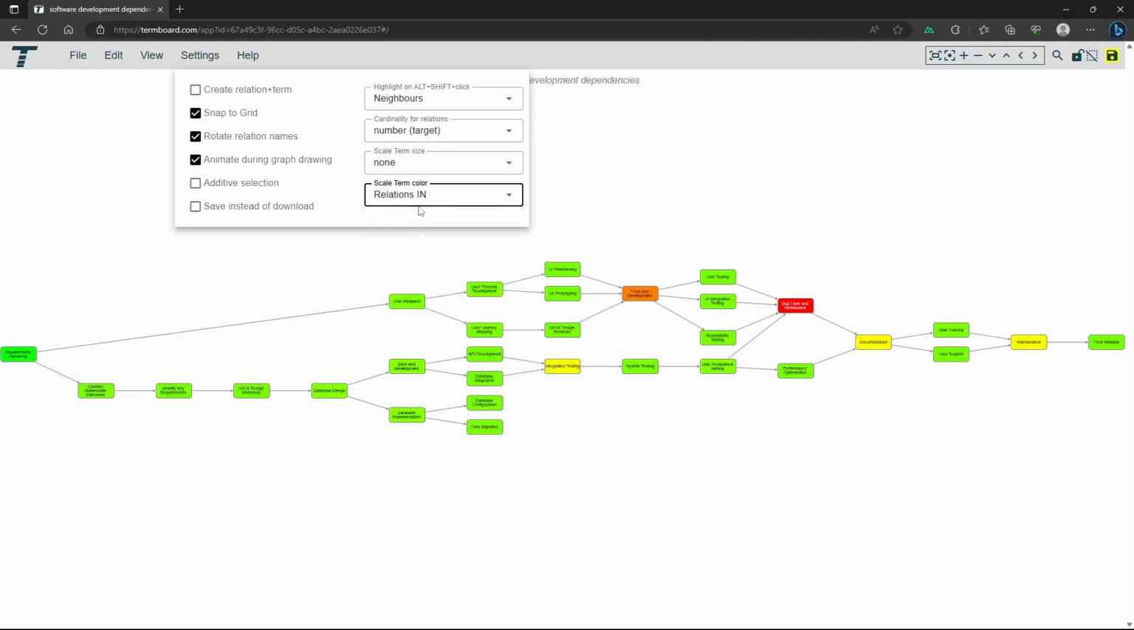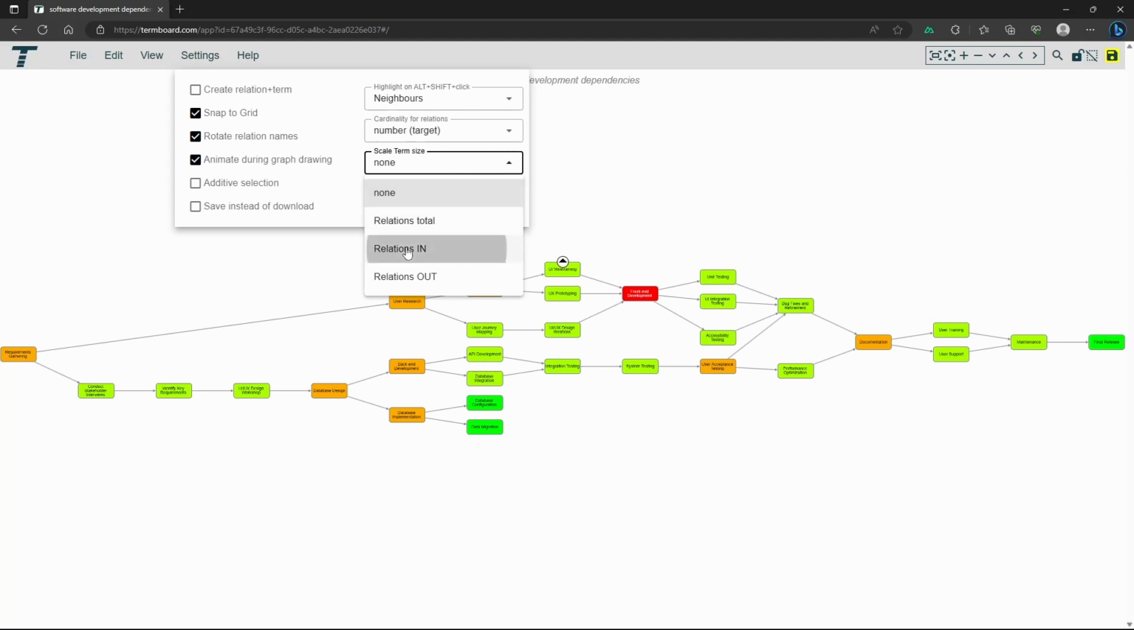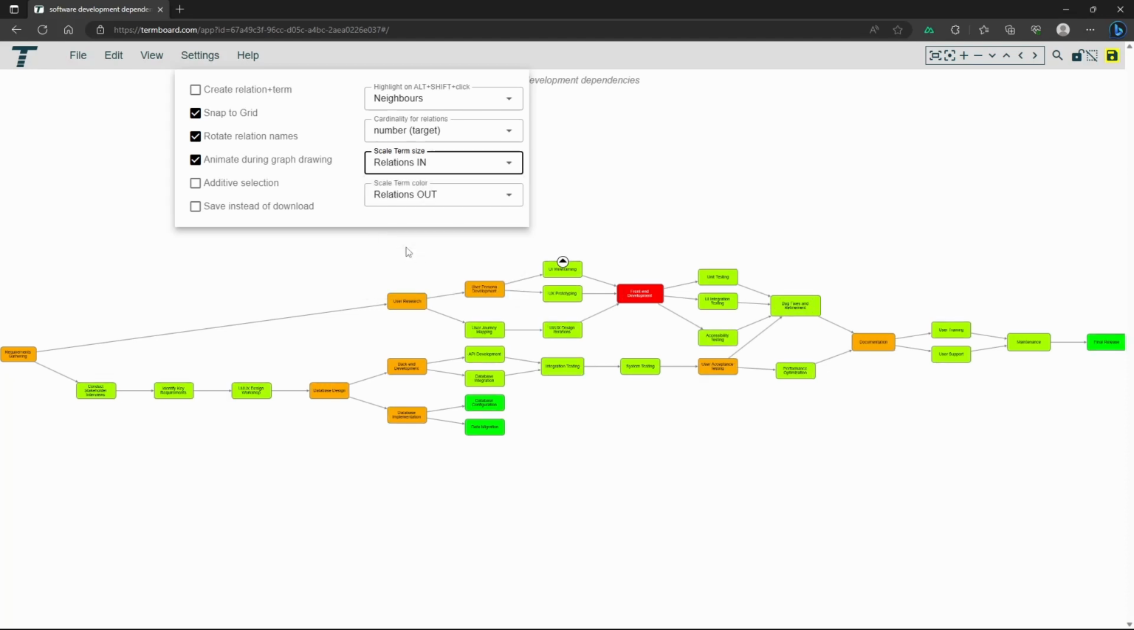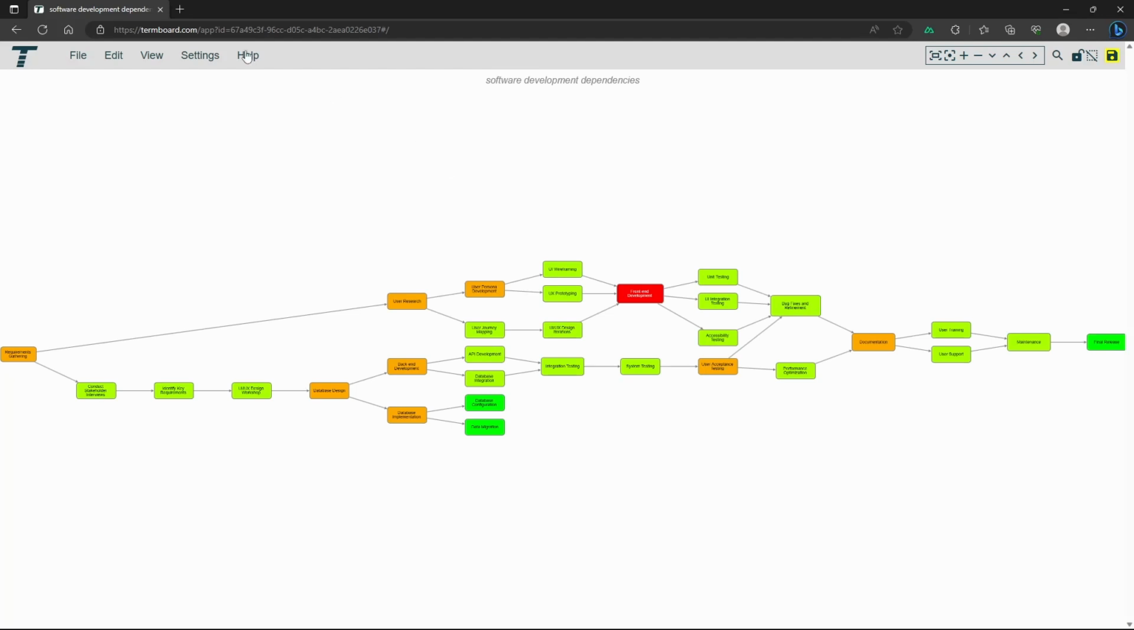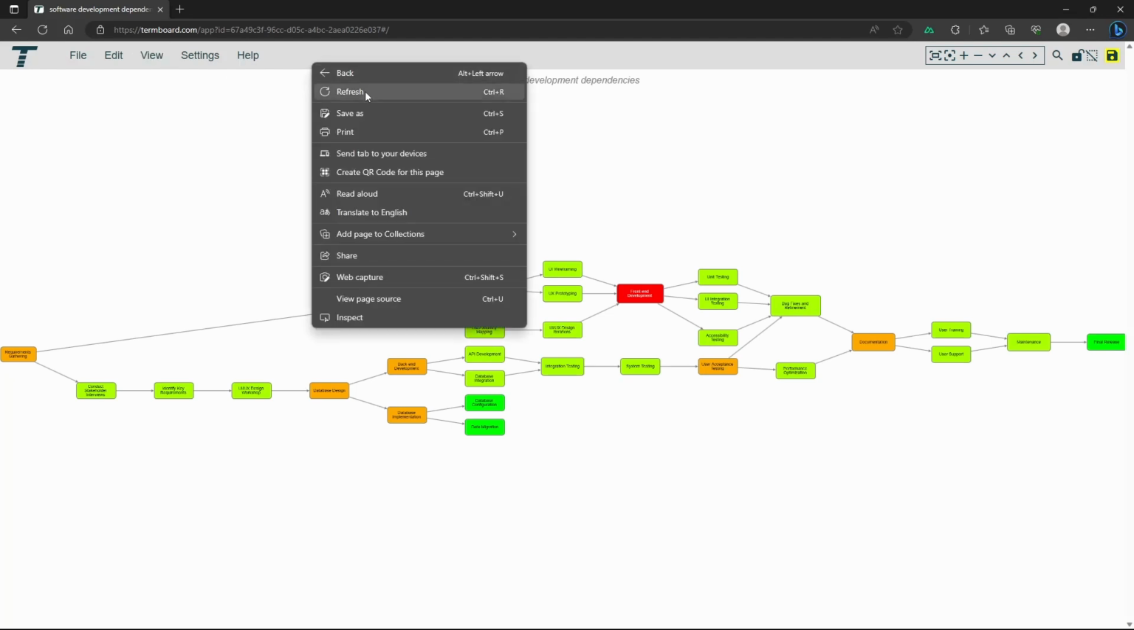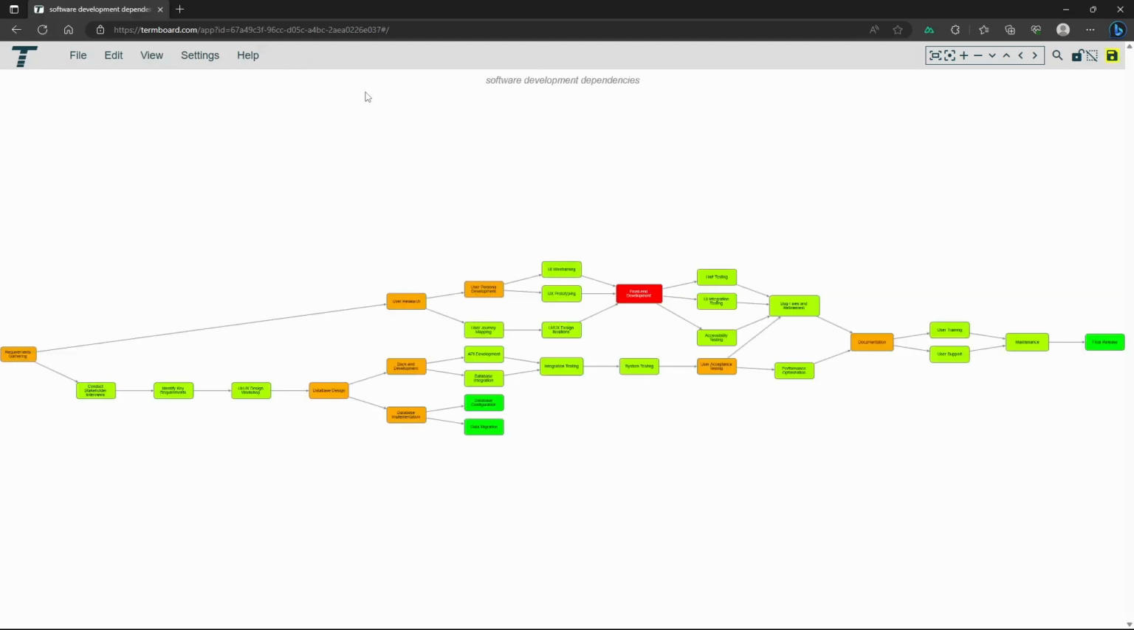Here, you'll find three choices for coloring the boxes, based on the total relations, incoming relations only, or outgoing relations only. These options are also usable for adjusting the size of the boxes. Feel free to use any combination that suits your needs. It's worth noting that your settings are saved, so even if you reload the page, you'll still have the same